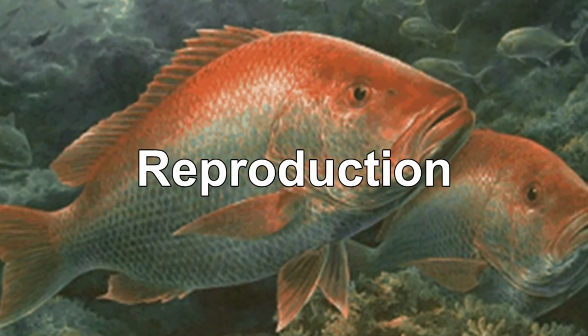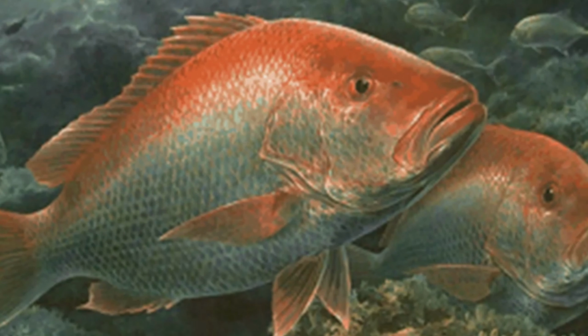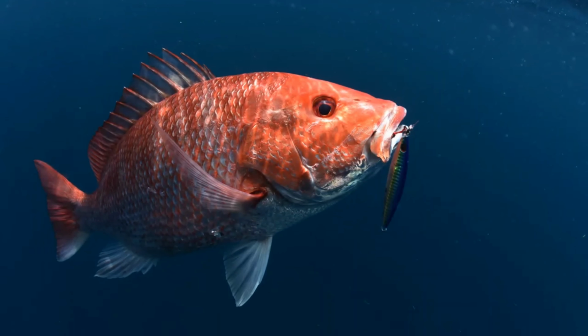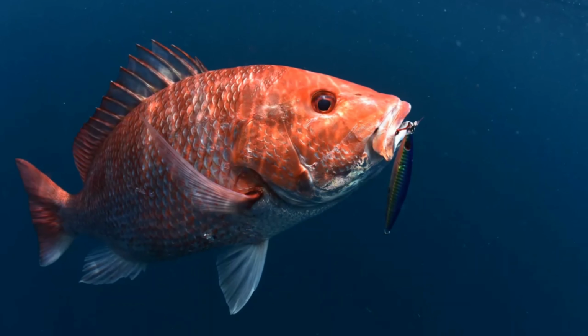All snappers are oviparous. Northern red snappers spawn in areas away from reefs, at depths of 60 to 120 feet over flat sand bottom areas. The peak spawning period is June through August in the northwestern Gulf of Mexico, and from August to September off southwestern Florida. Individual fish may spawn several times during the spawning season, and may produce over 9 million eggs during